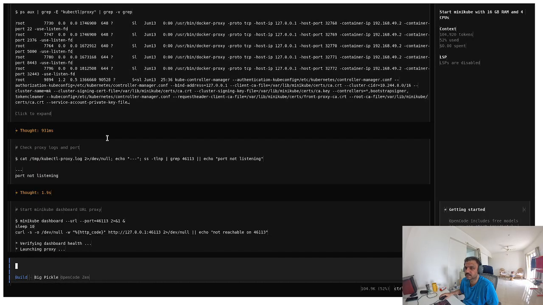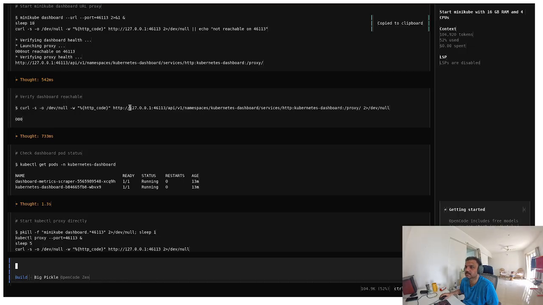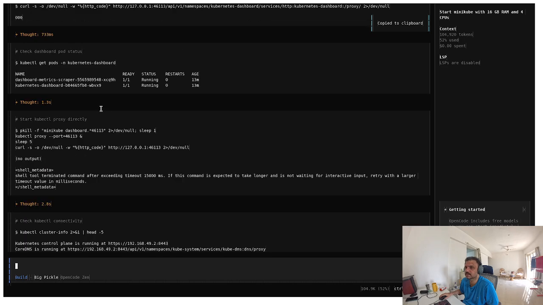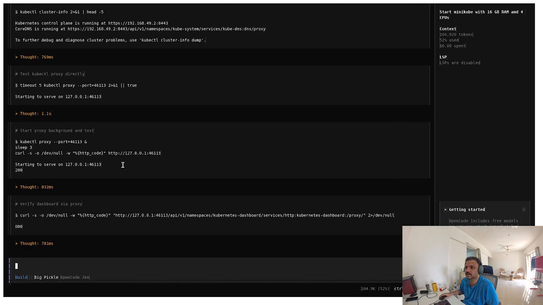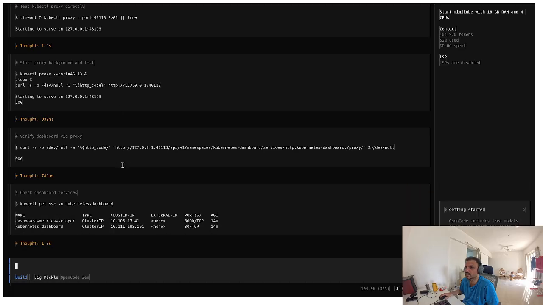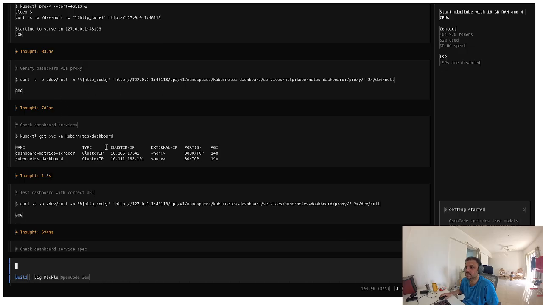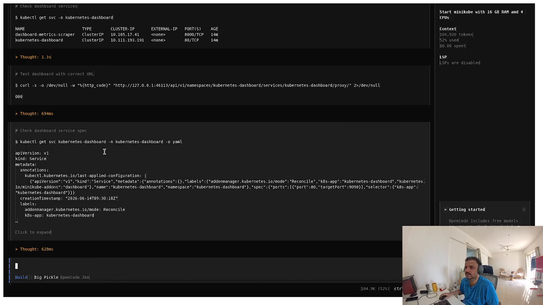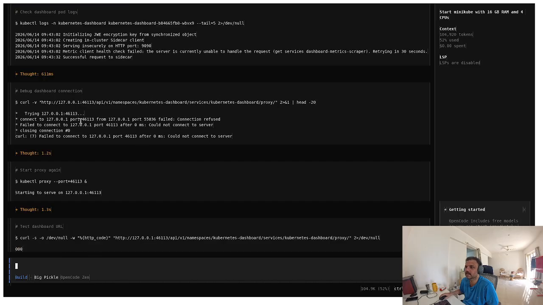So it has run all these commands. Okay, it has done a check. Here, if you see, it is doing a curl. It is using all kinds of commands, secure shell, it is using proxy, it is doing all kinds of things to check if this URL is reachable. And if you see, this URL was not reachable, then it did a lot of changes. It ran a lot of commands, and ultimately,